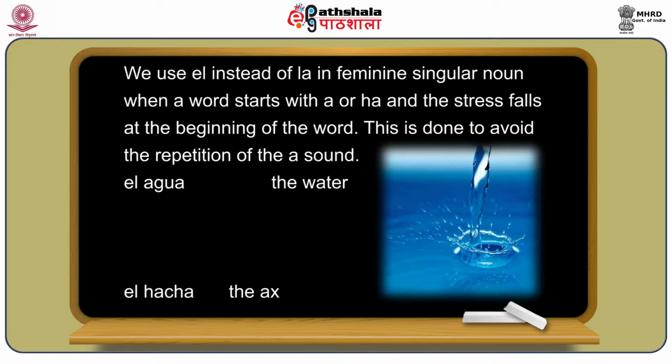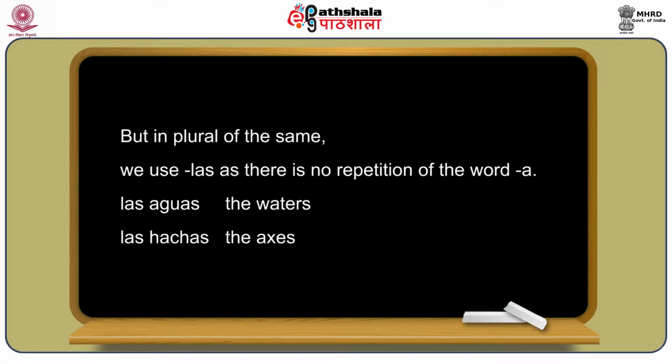For example, if I say la agua, the article ends in a, that is la, and the noun starts again with a, that is agua. That's why, to avoid this confusion, we write or we say el agua. Same way, el hacha. Hacha is the axe, so we will not say la hacha, but we will say el hacha. But with this exception, in plural we will use las aguas and las hachas,